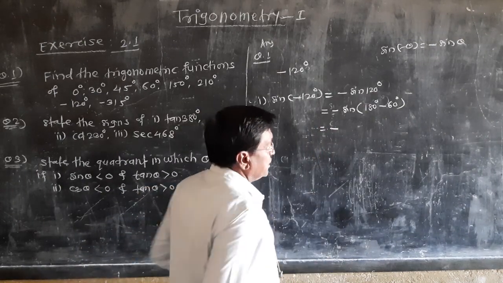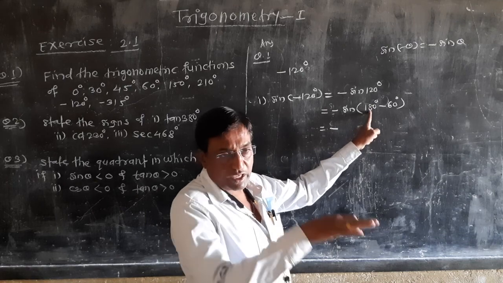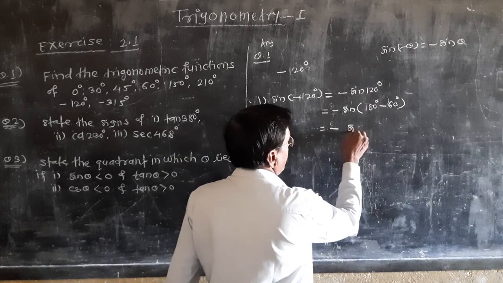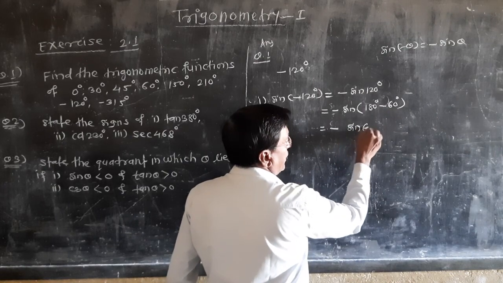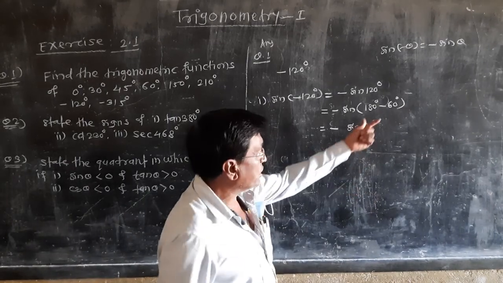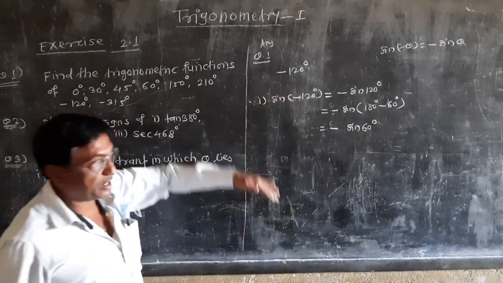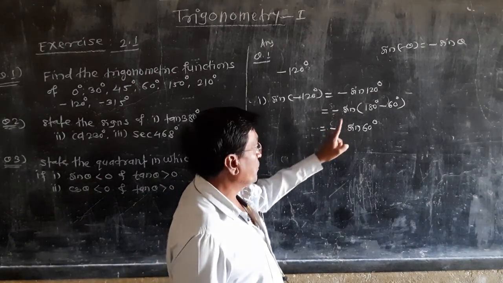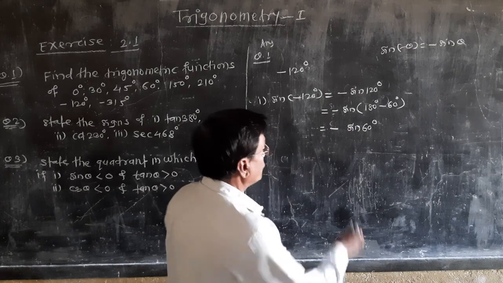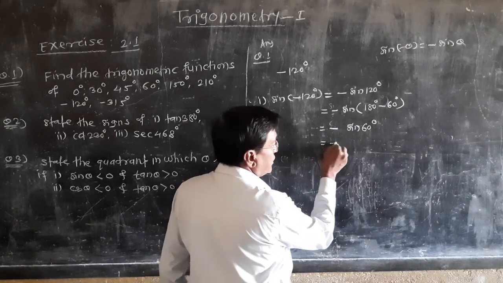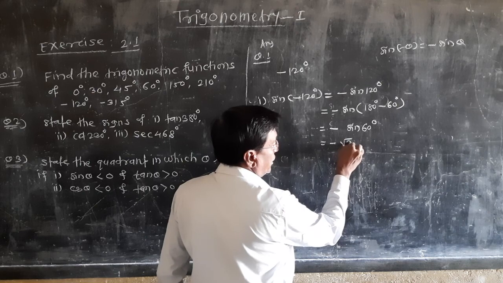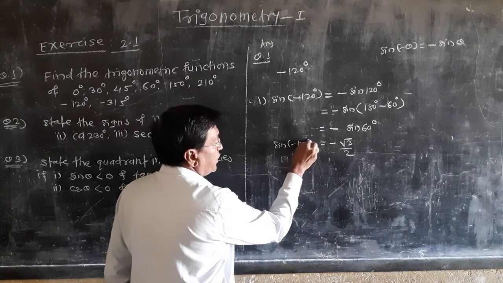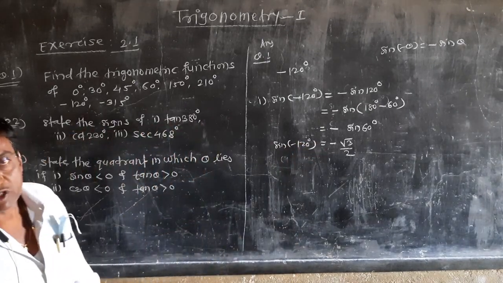This minus sign it is as. Now observe that this measure is along the x-axis, so that's why you can't change this ratio, that is the sign. Attach the second angle, that is the 60 degree. Now observe the quadrant. 180 minus 60, that is the second quadrant, and in second quadrant sine ratio is positive, and so positive into negative is also negative, and so I will put a minus sign. So it is equal to minus, you know the value of sine of 60 degree, that is root 3 by 2, and hence the sine of minus 120 degree is equal to minus root 3 by 2.